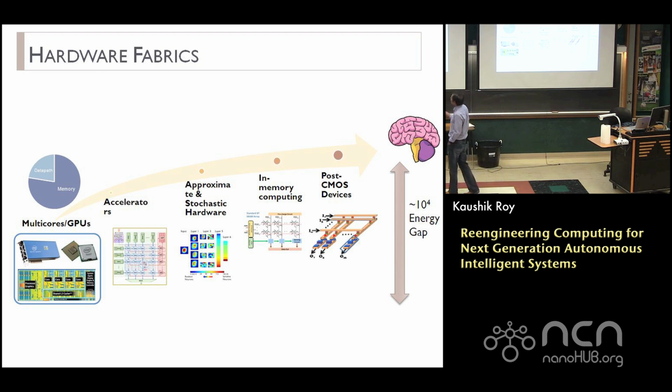And if you look at today's multi-cores and GPUs or accelerators, they use a similar kind of concept. Certainly they can get some improvement over the standard CPUs. However, you're nowhere close to what the brain does. As I said, the energy efficiency of the brain is probably about 10 to the 3 to 10 to the 4 times better. Now, there are things that you can do in the neuromorphic world. You can make different kinds of in-memory computing, different kinds of approximations, and you can potentially use the devices, as I mentioned earlier, which can mimic the neurons and synapses. Now, what I'm going to do first is talk about some approximations that one can do.